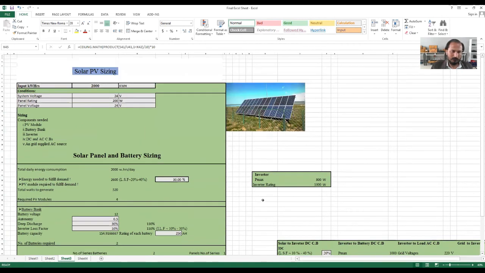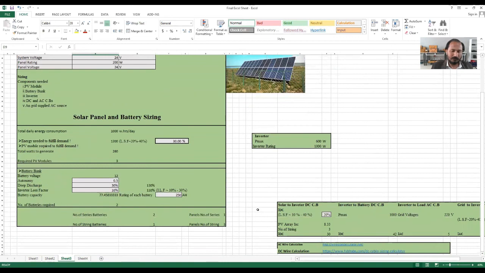So this is how things are going on, and I have shown you two Excel sheets. This one is for a man who has no idea about the wattage rating. He simply puts the monthly bill consumed units divided by 30. He will put it here. You have to put here kilowatt hours per day. It will simply show you how many panels and batteries and their combination are required, and inverter rating, battery rating,